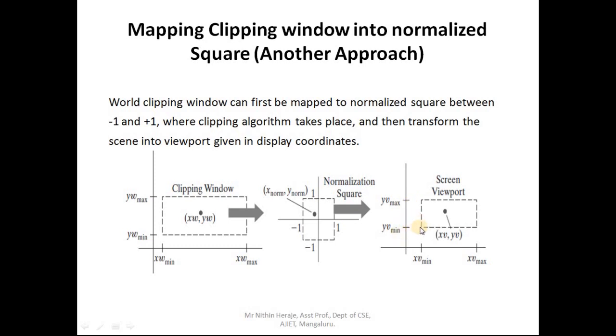Here you can see now again you have a YV min. I told what this V will represent. So YV min to YV max. Here it is XV min to XV max, and you have the point here. So XV comma YV. So from here, when it reaches till here, again there is a change in the size and the position. So scaling and translation factor also affected here. Okay.